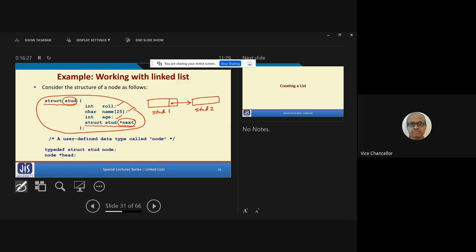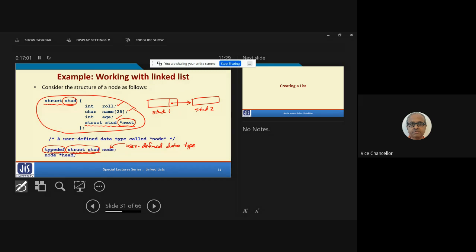See, you have studied type definition in your C class. If you do not remember, just recall, if you write this keyword typedef followed by the type of the structure, the struct stud, and at the end, this is a user defined data type.